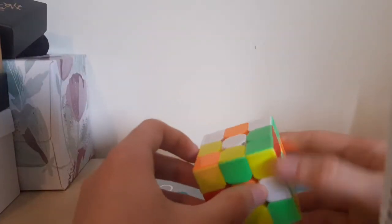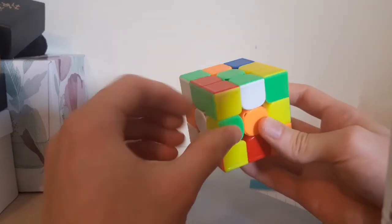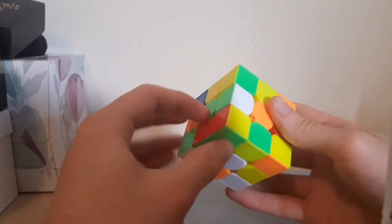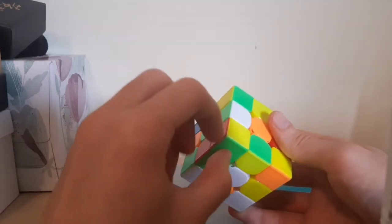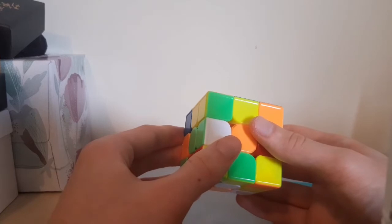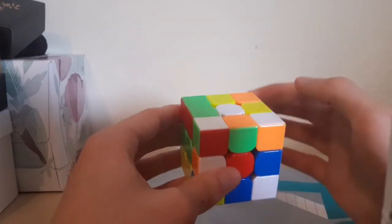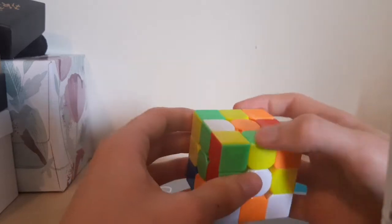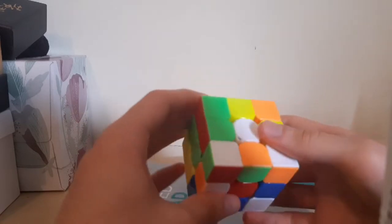Finally, I'm going to look at this with the green edge, and this isn't a nice case. Generally, when pieces are close together like this, it tends to not be nice. Corners, especially next to edges. So what I would do is to split these up, because you have to split these up. There's no real way of putting that in otherwise,